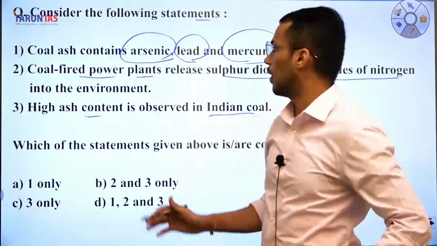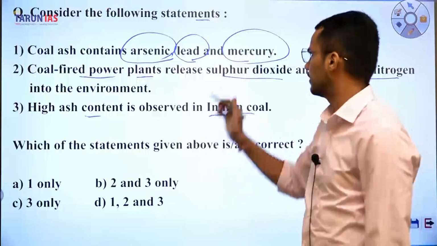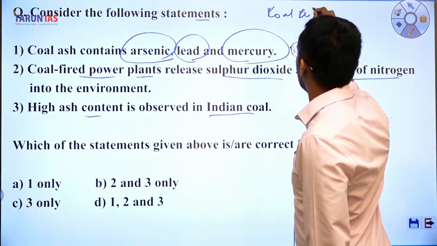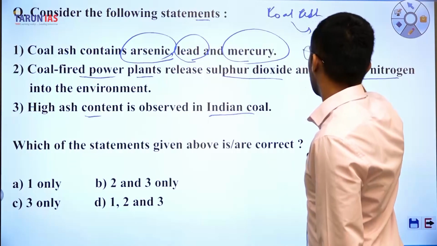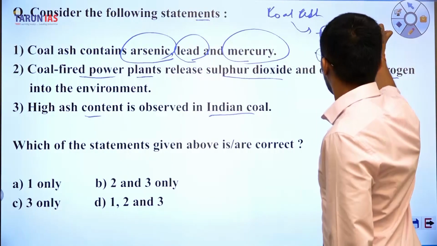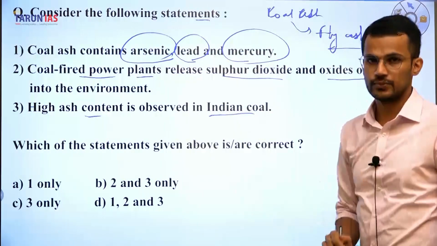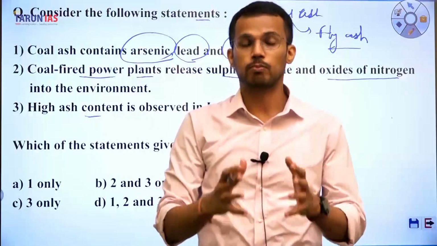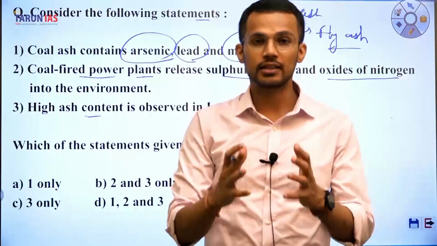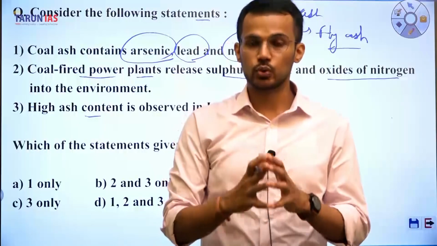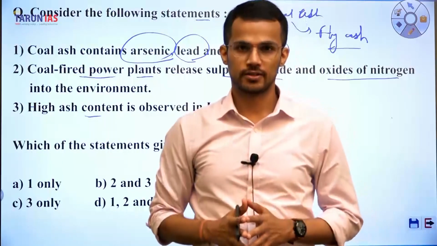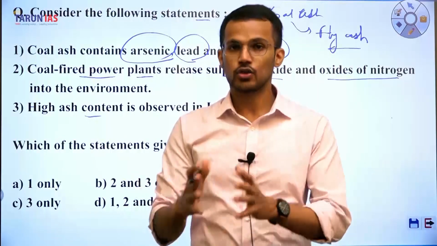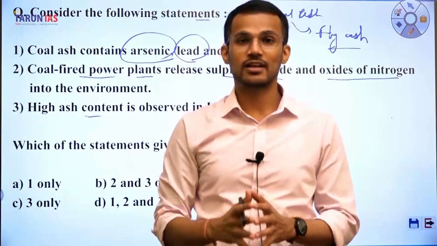And the question is about coal ash. And see, we have discussed coal ash earlier also, which is nothing but fly ash, right? Because fly ash is produced as a result of burning up of coal in thermal power plants which use coal as a raw material. And let me take you back a few slides so that you can understand the importance